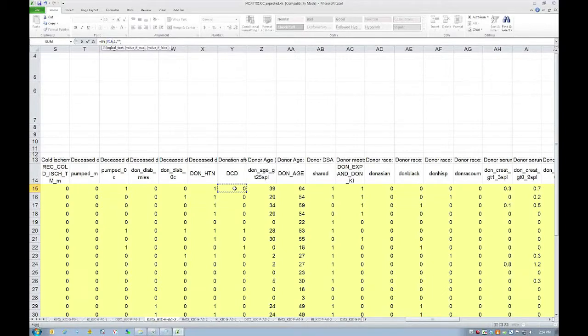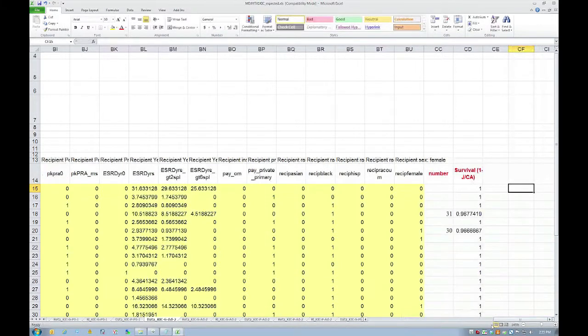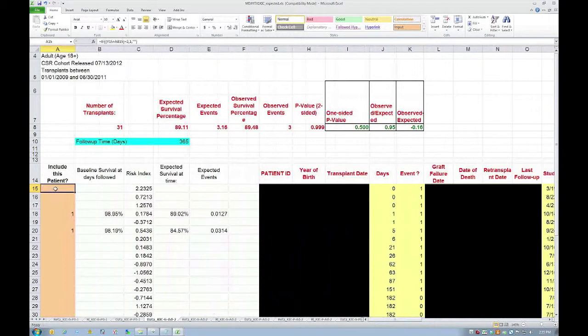DCD plus shared or import. Okay, so I have 37 transplants in that cohort, and you can see here that we actually do really well